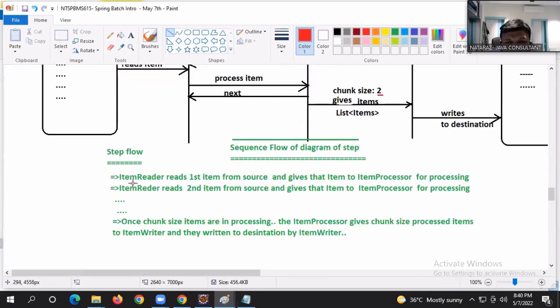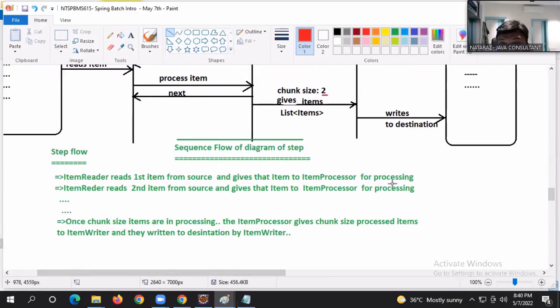Yeah, step flow, observe. Item reader reads the first item from the source and gives that item to the item processor for processing. Item reader reads the second item from the source and gives that item to the item processor for processing. Once a chunk size of items are in processing, the item processor